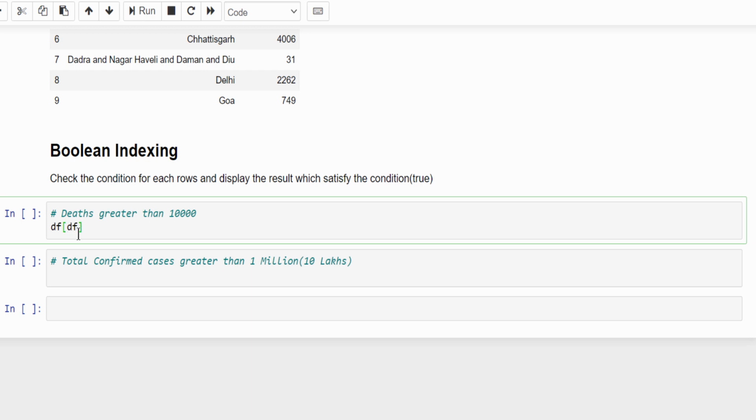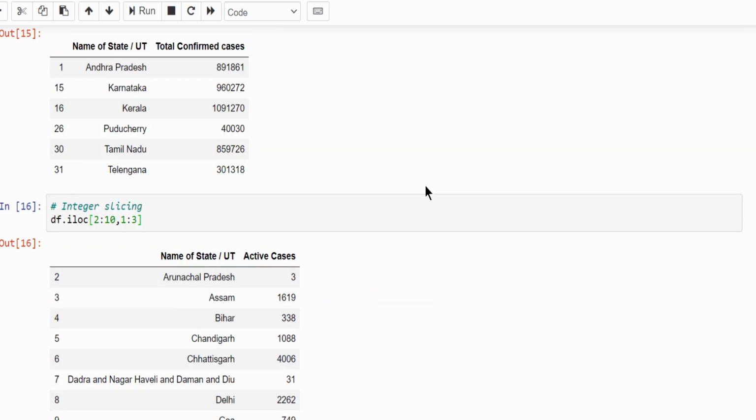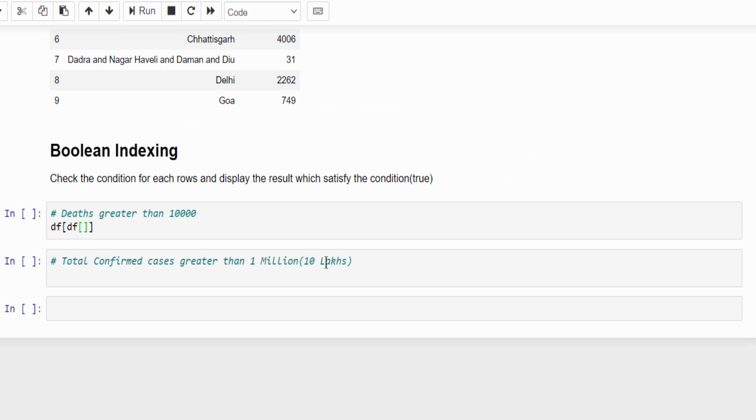You have to filter the column. Which column? Deaths column. So mention the deaths column name. Now it is greater than 10,000. This particular condition will be applied to each row. Whichever row satisfies this condition, that is true, it will display.